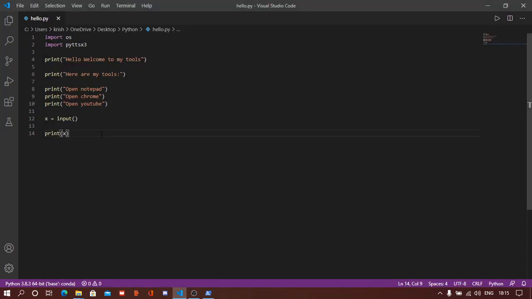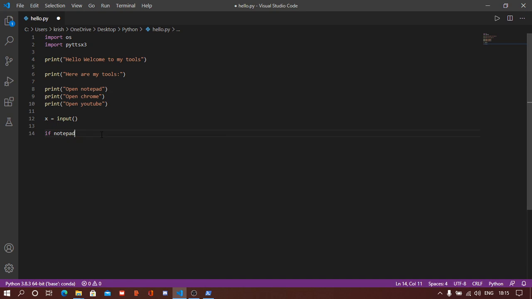I'm just showing you. And what we are going to do is go in the open notepad. If the user is selecting notepad, then we are going to open notepad. And this is a very basic thing we can do by if and else statement. And if and else statement is the main code we are going to use here, and it is pretty much everything in this project. So we are going to write if